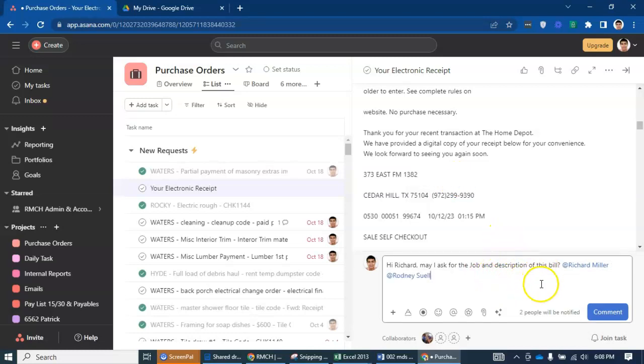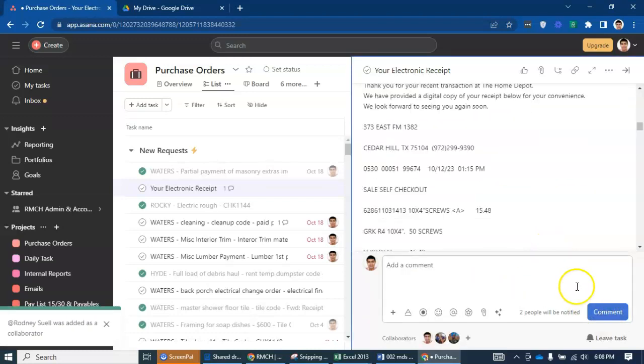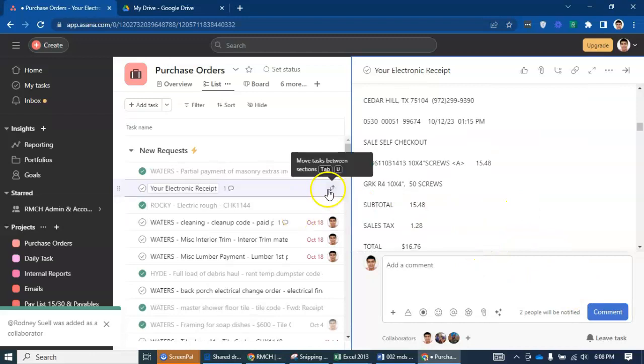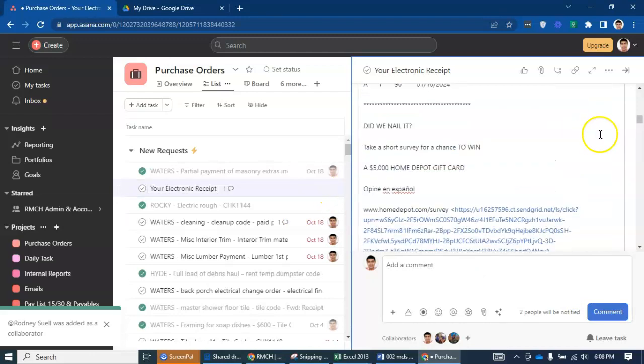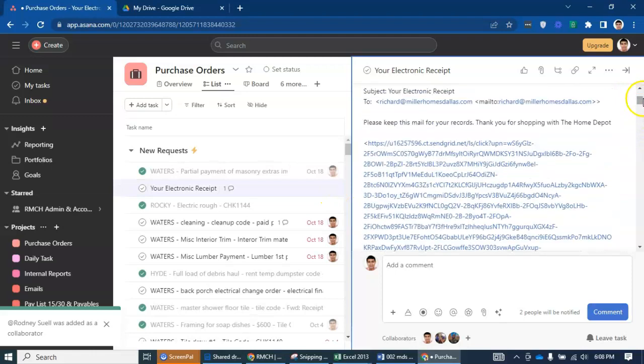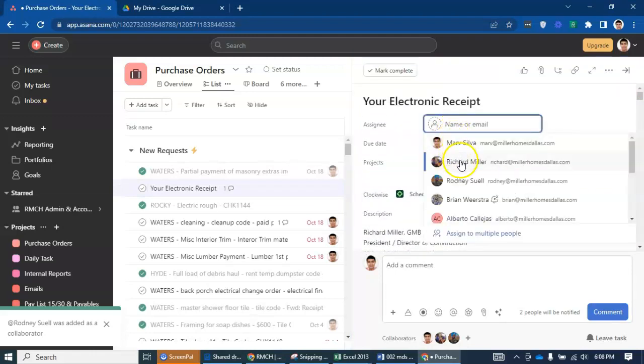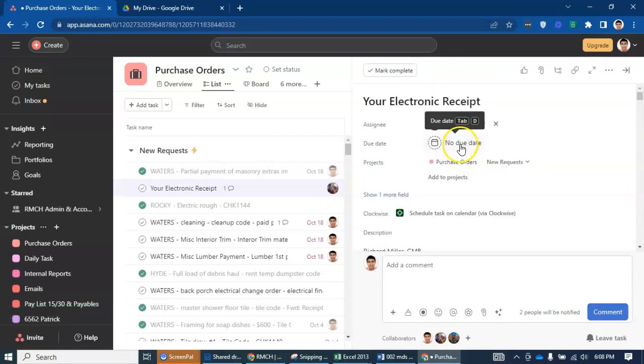Once you comment, you click the comment, and you assign this task to Richard or Rodney. You don't have to set the due date, so just do that. And that's it.